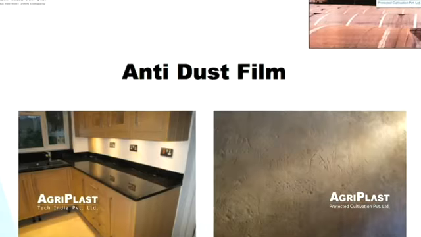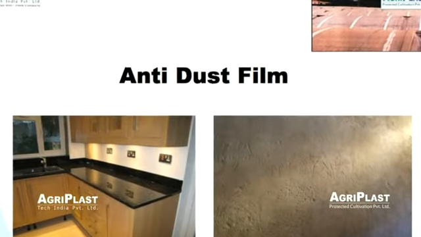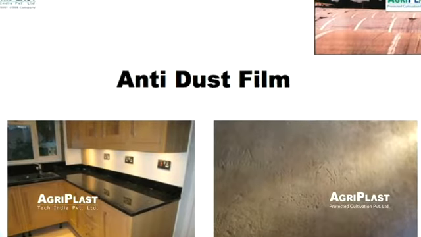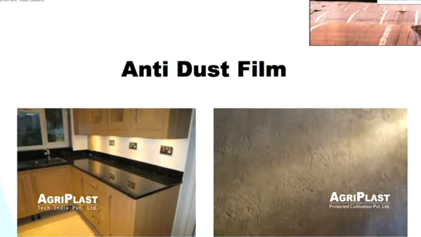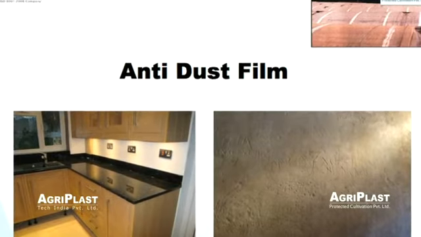So anti-dust, this is the last of the properties. Anti-dust is very much like granite. If you have a kitchen granite, you can clean it very easily. When you have a rough surface, you cannot clean it very easily. So during the manufacturing process of a 5-layer machine, the outer layer is made very, very smooth. And because of the smoothness and anti-static property, the dust does not accumulate on the outer side of the plastic. And this will allow more light to come. But there is one thing to be noted, anti-dust does not mean dust will not come at all. It will get cleaned easily. So you should, by practice, clean your plastic once in a while.